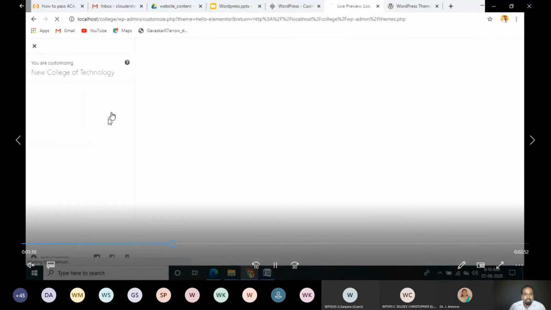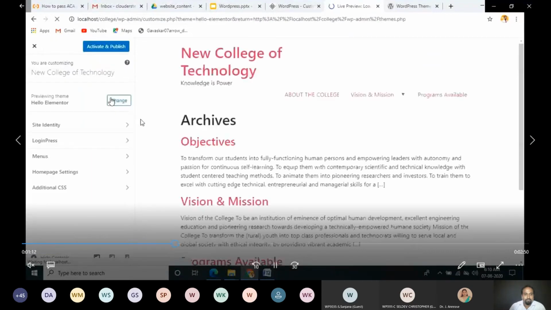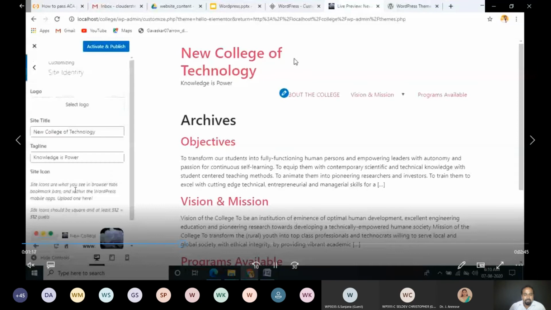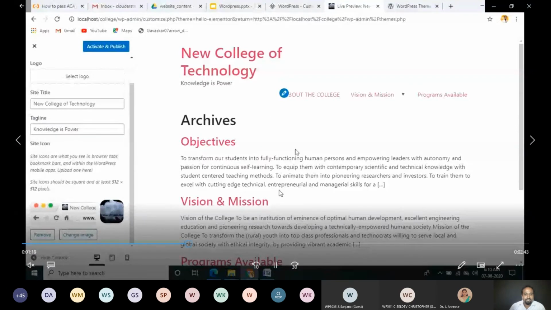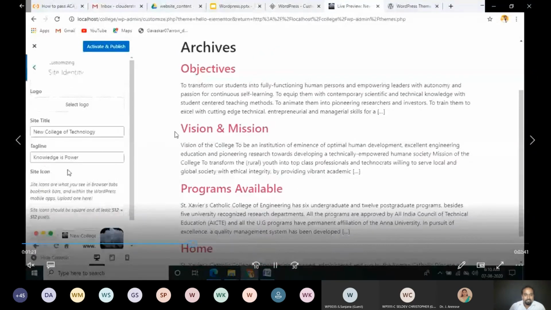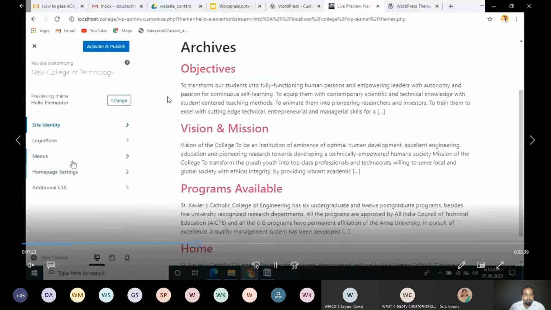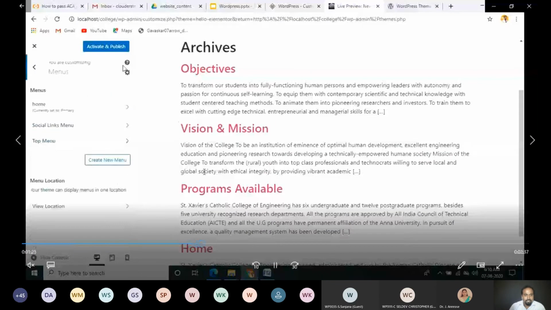Before activation, if you want to have a preview, you can have the preview. So this is the new theme. Previously you see there is a black, dark color. Now the color is changed. This is a new theme which I downloaded and which I have used.